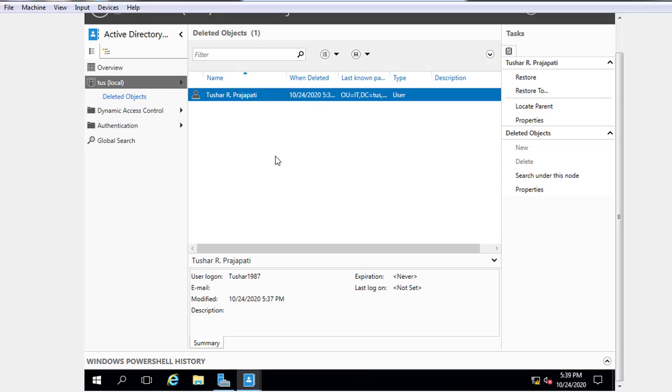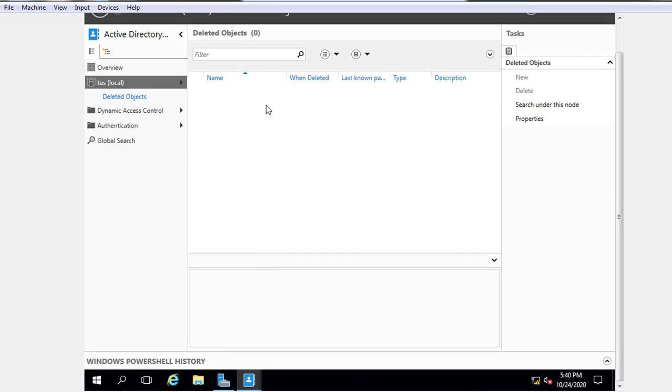Now after clicking Deleted Objects, you can see our user is showing in the Deleted Objects, which is the same as our recycle bin. So you have to click on Restore. So now it will be restored.